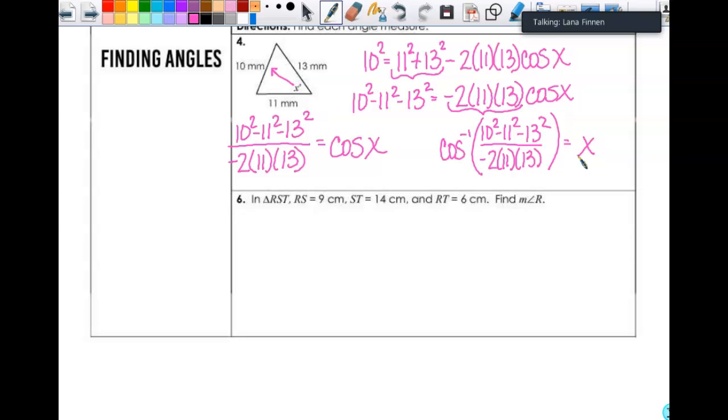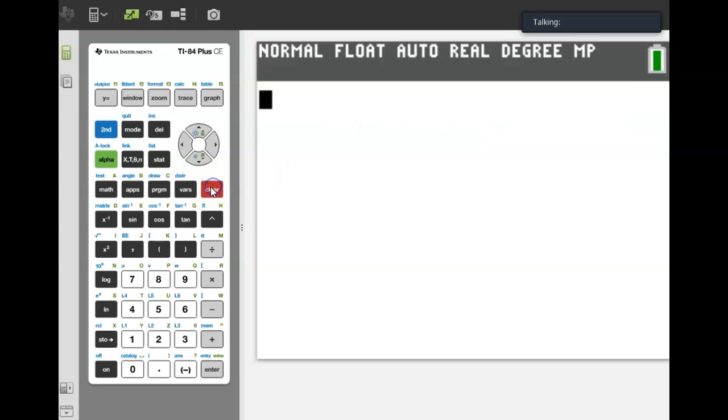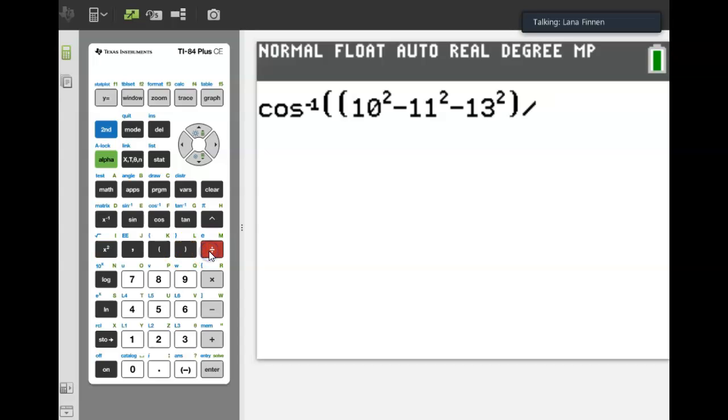Depending on if you're using the calculators that make a beautiful fraction for you, it makes it really simple. If you're not, then you may want to be careful with your parentheses. Make sure you use them in the right places. Sometimes I overkill on that just because I want to make sure I didn't mess anything up. So I'm going to put my whole numerator in parentheses. 10 squared minus 11 squared minus 13 squared. So that's my whole numerator. Then I'm going to divide that by